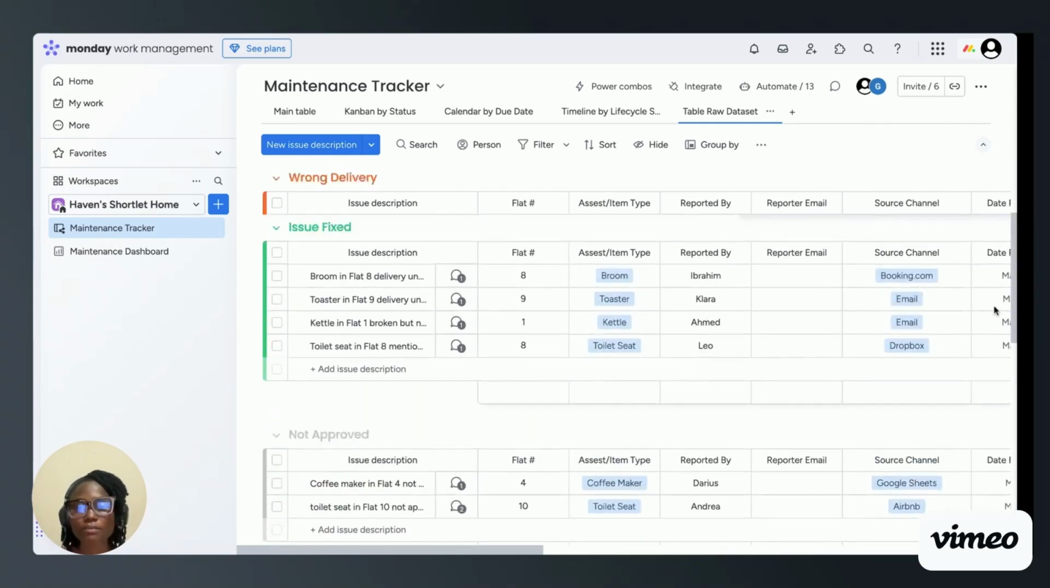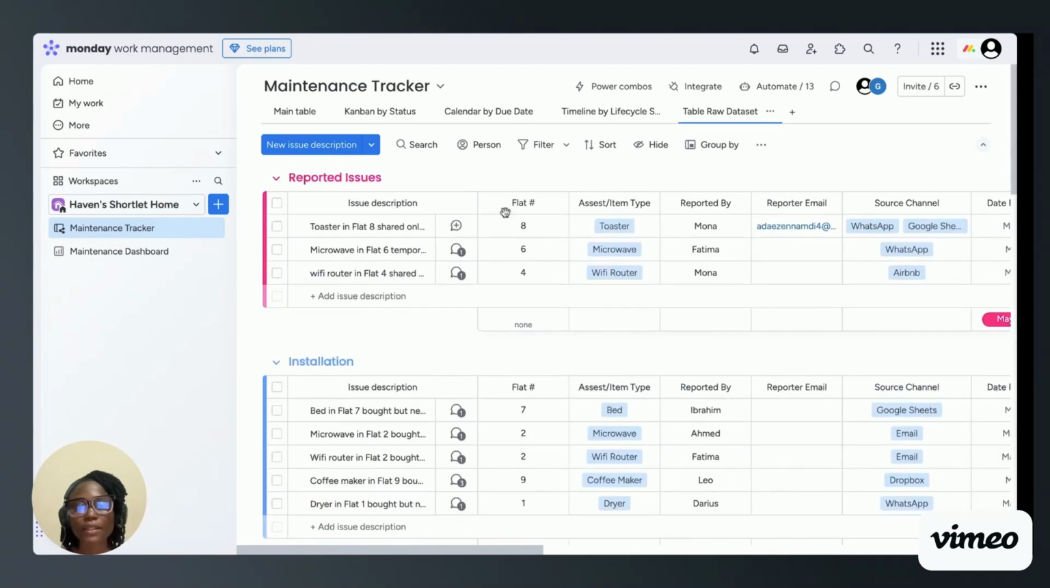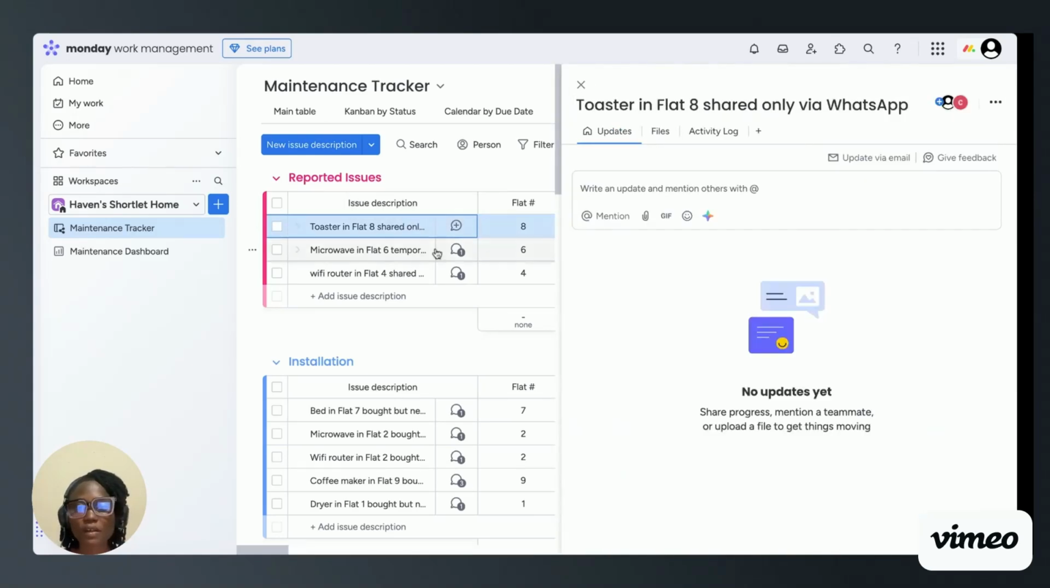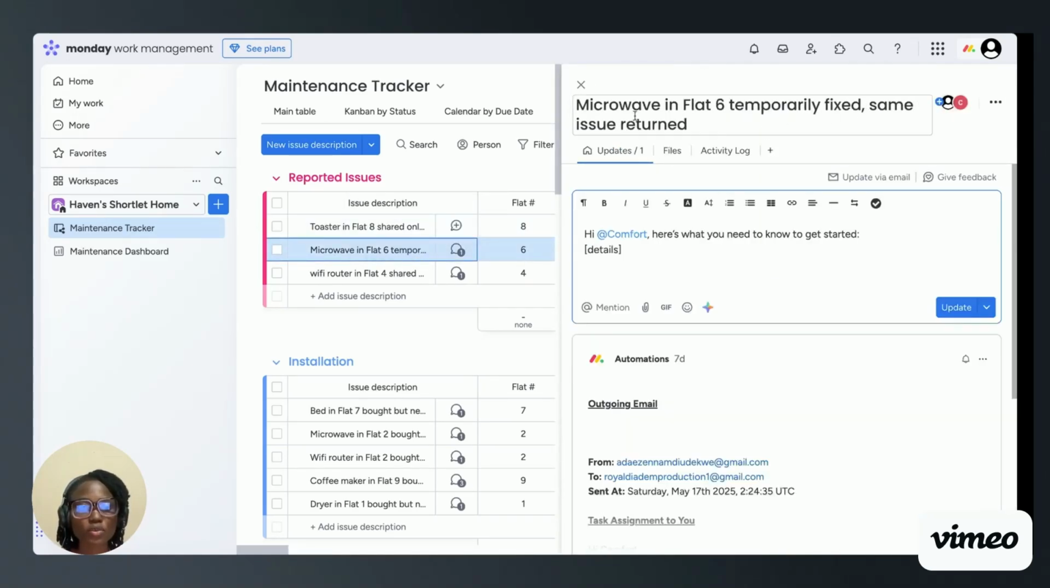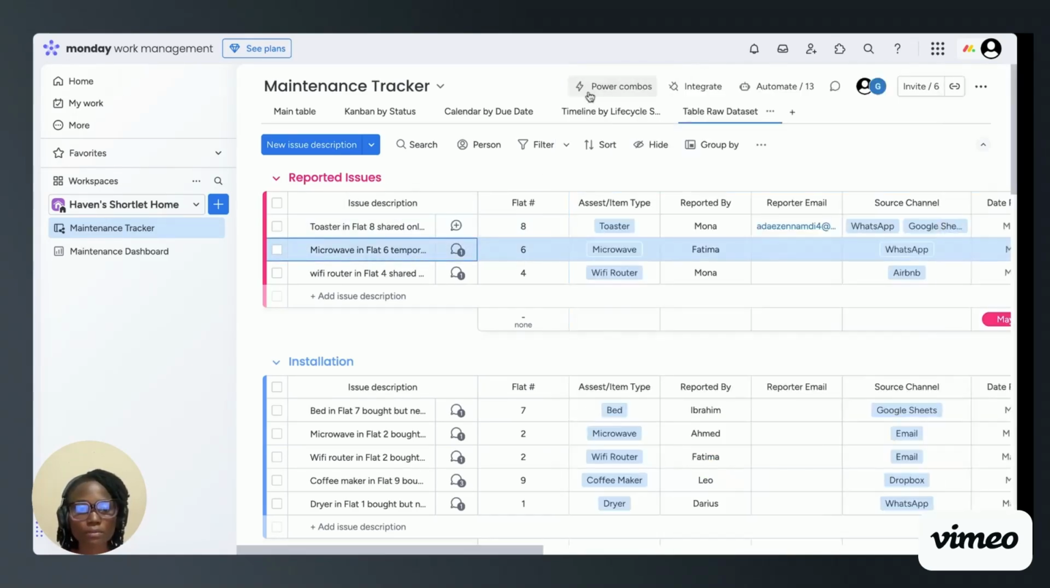workspace in monday.com. I have issues that people were submitting through different means. Some were submitting via WhatsApp, some through Google Sheets, Airbnb, email, Dropbox. Like everybody was submitting from different places, which was not supposed to be so. So I had to organize the existing data, and subsequent data will be filled through a form so that it can